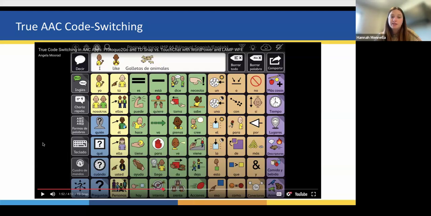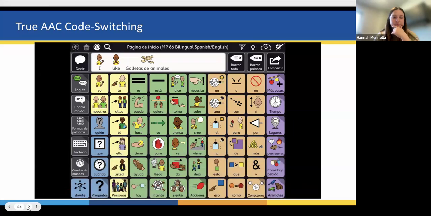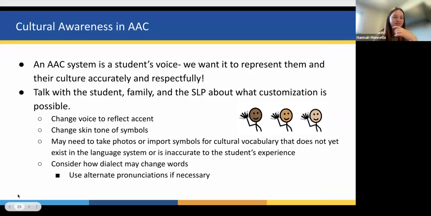And this page set is a built-in multilingual Spanish-English page set that comes with this app. You don't have to program it to be like this. But every app is different. Again, if you have students that you know, like, oh, a lot of my students use Proloquo2Go, I'd like to see what that looks like, you can check out this video and see that as well. It's just a little long for us to watch all at once.